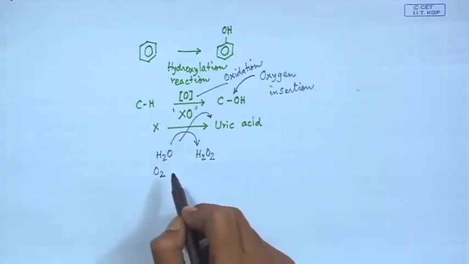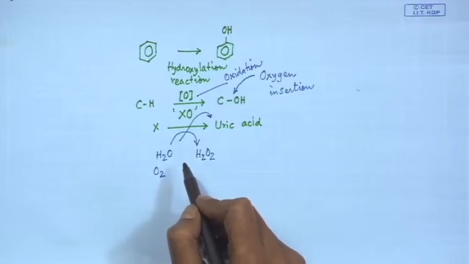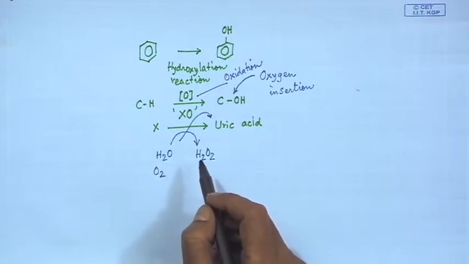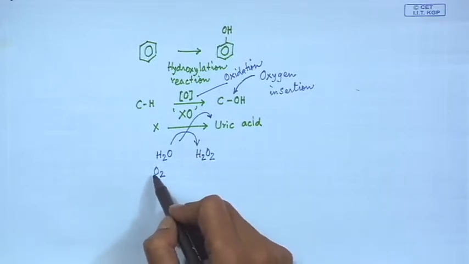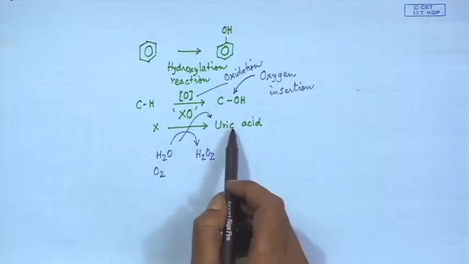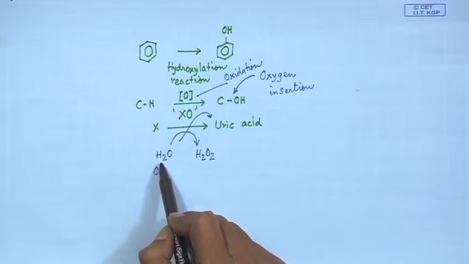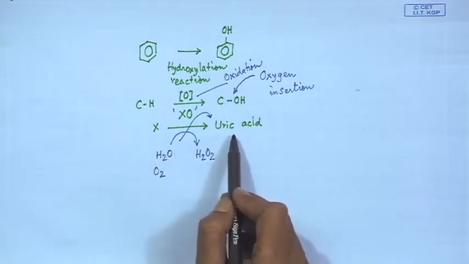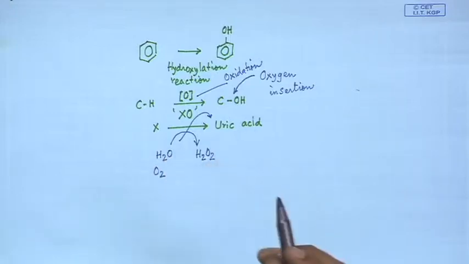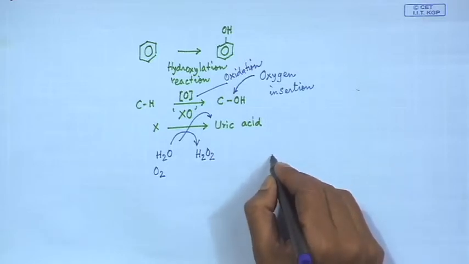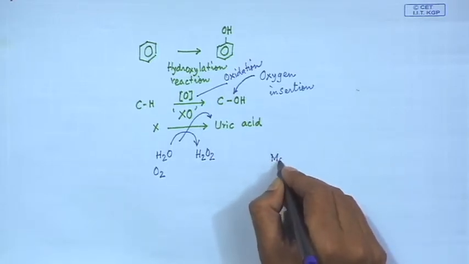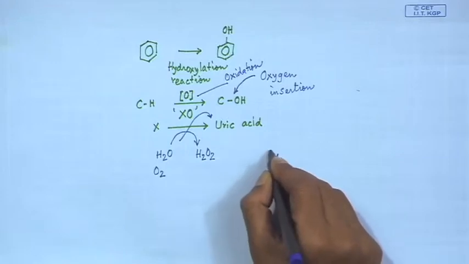It is very difficult to establish, and sometimes very difficult to identify, whether the dioxygen is responsible for the oxygen insertion on the xanthine molecule or the water molecule is involved in the insertion to give uric acid. To know that, which is very important,